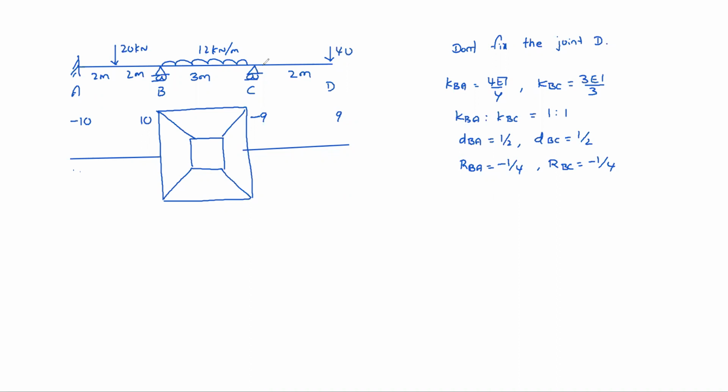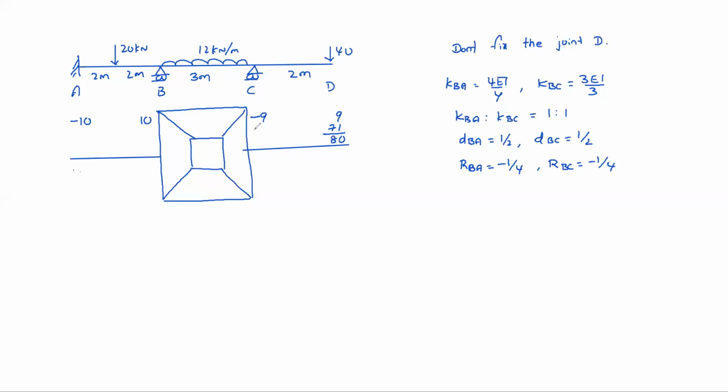So by releasing here, we need to have 80. I mean, 80 moment means how much we need to add here? 71 we need to add. Understood now? If there is no overhang, what we will do? We will put minus 9, right? If there is no overhang, we would just put minus 9. But overhang is there, 40 into 2, 80 moment is there. To make it 80, we need to add 71. So that you will get 80 here.